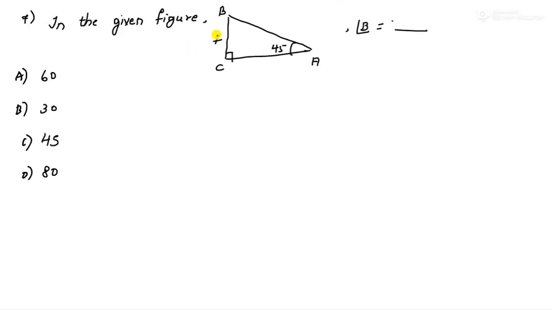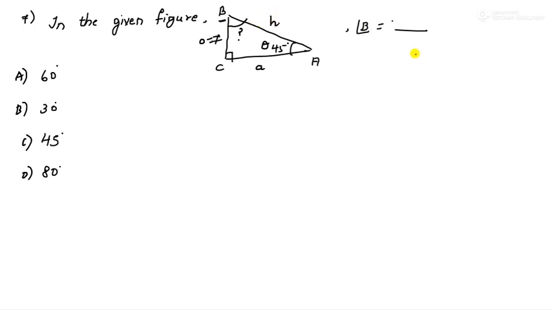Moving to the next question. So this is the given question. In the given figure, BC is 7 unit or centimeter, whatever you can write, and angle A is 45 degree. What is angle B? They have asked for this angle. So how are you going to find it? See, if you take theta here, this is opposite, this is hypotenuse, and this is adjacent. We need the value of B, correct?